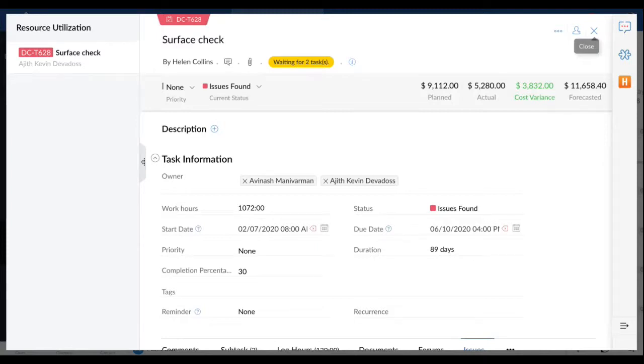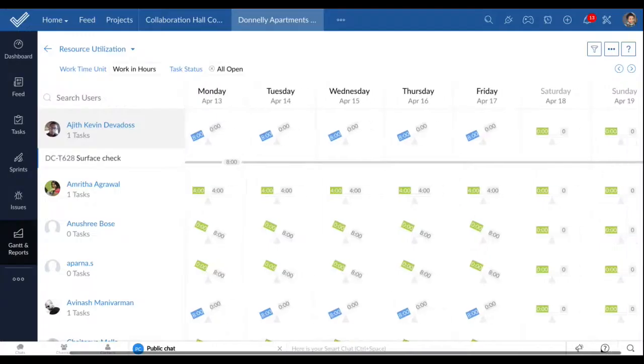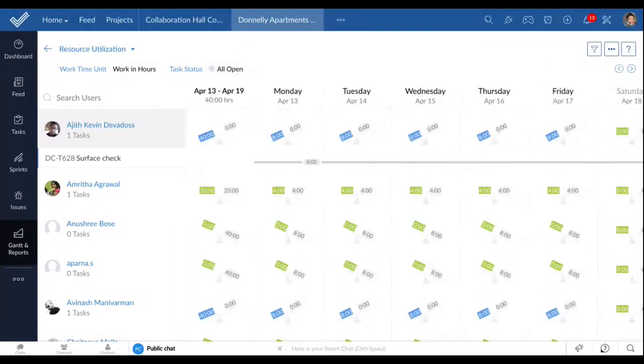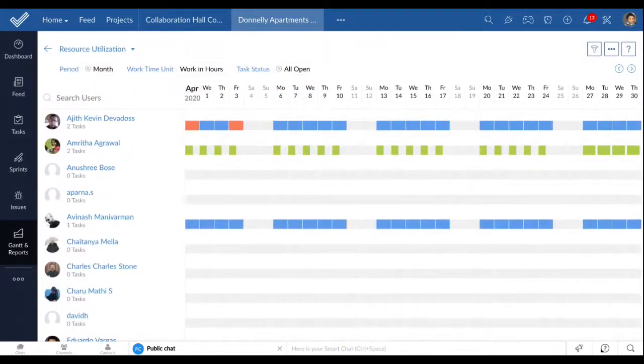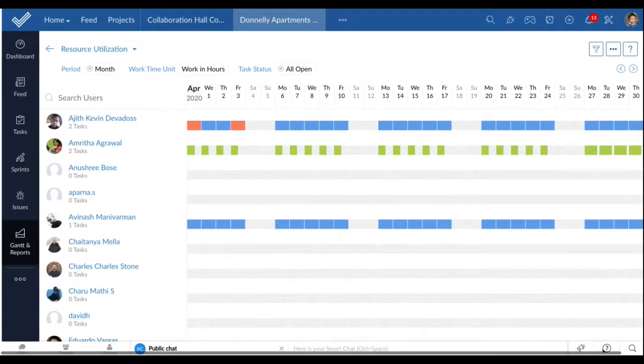And what you're currently seeing is the daily view or the calendar view for that specific week, if I'm right. And you can as well switch to a monthly view, right? If you want to. So I just wanted to switch to this view because the look and feel will be different. So this will give you a better picture about how well a resource is placed over the month across tasks, right? So you can simply hover over and get all the stats of how good or bad a resource is allocated